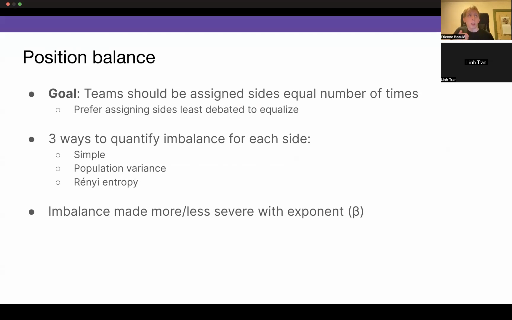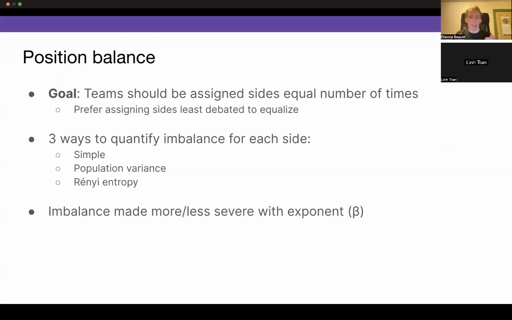However, if the number of rounds is not divisible by 4, it's impossible for them to always be equal. If there's a tournament with only 3 rounds, each team in the optimal case would only debate on three distinct sides; they might have never done CG.